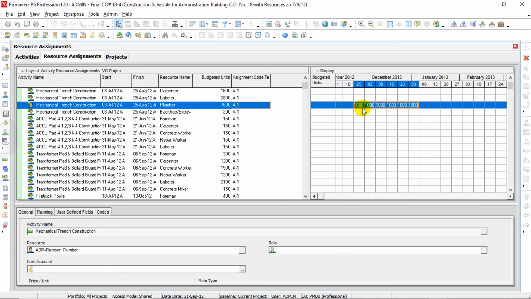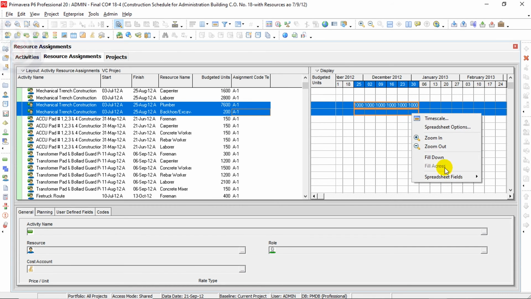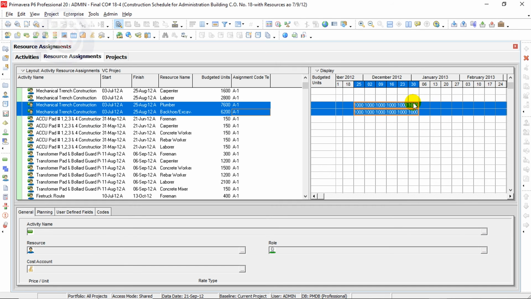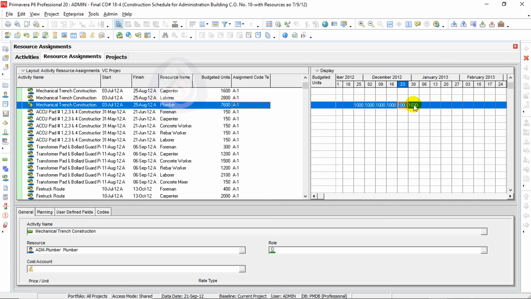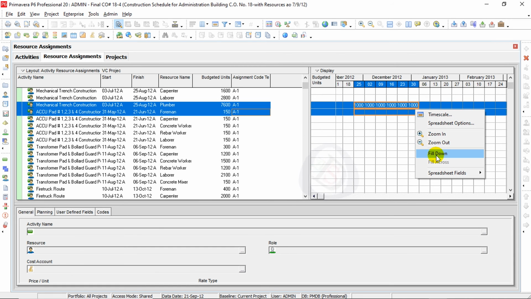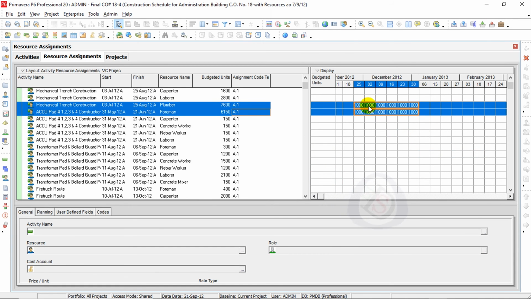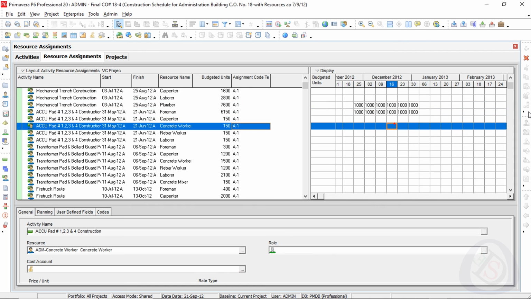You can add a resource, select it, and fill down. You can also add manually. You can go to Fill Across and select this one, and you can fill down. This is a new feature introduced by Primavera P6. We can fill across our assignment in the remaining early units.